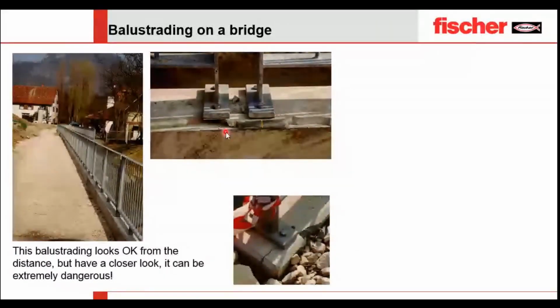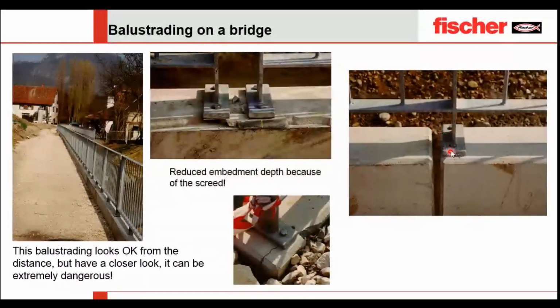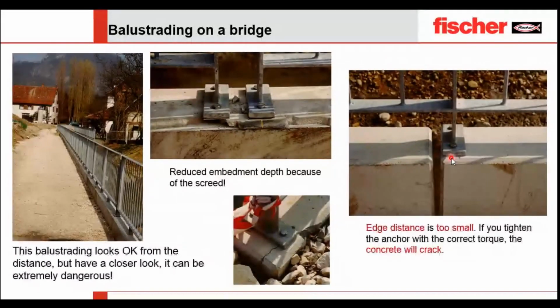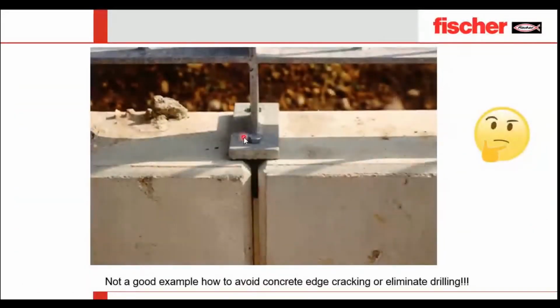You can see the screed, and also the embedment depth which they have used is not proper, which is why a crash is happening or is going to happen. You can see the smart workers using the angles just beside the end where no minimum edge distance is provided. When you have smart people working on your site, they don't even want to drill, and they install directly to the wedges over here, which is a big failure, or it is going to be a failure section in the coming days.